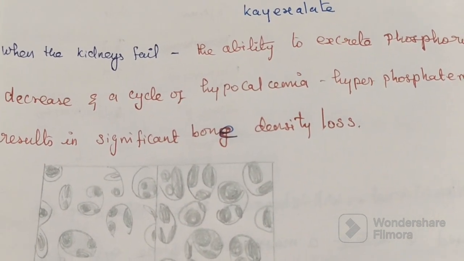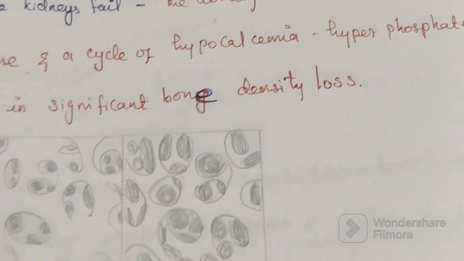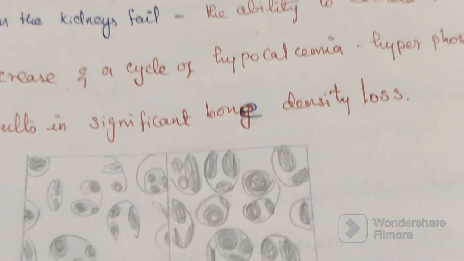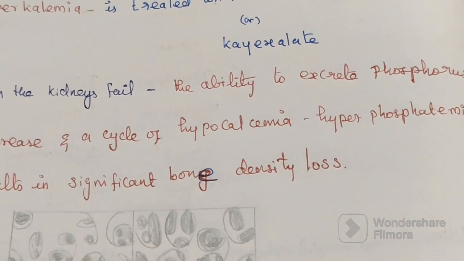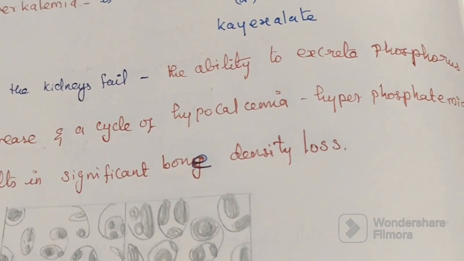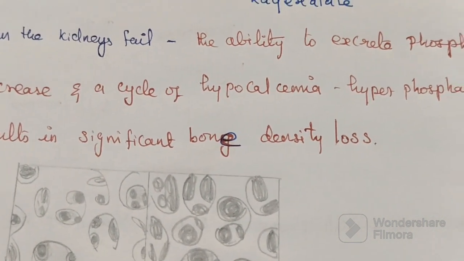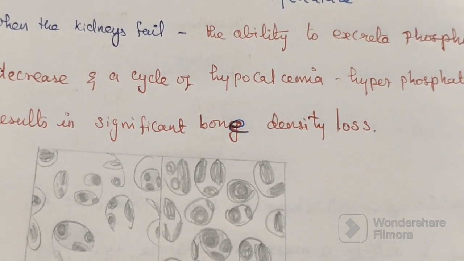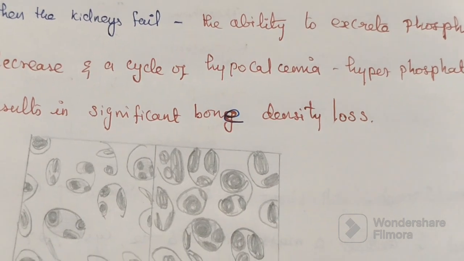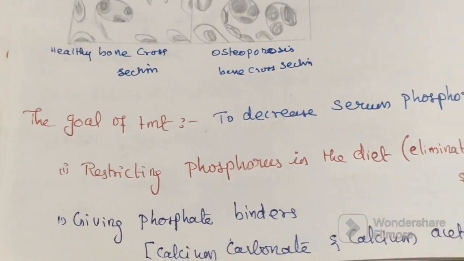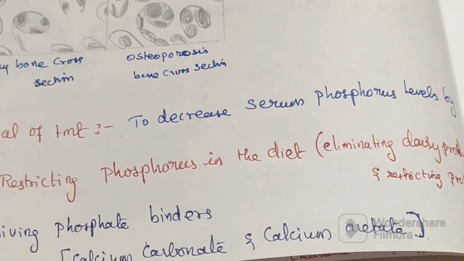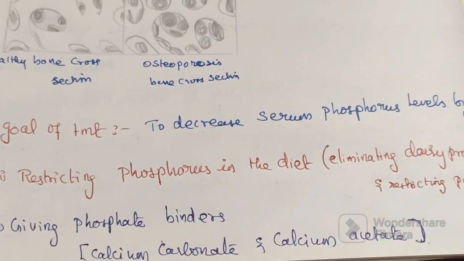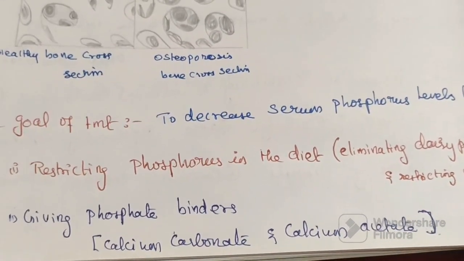hyperphosphatemia results in significant bone density loss. This one is the healthy bone, this one is the osteoporotic bone. The goal of treatment is to decrease the serum phosphorus level by restricting phosphorus in the diet, giving phosphate